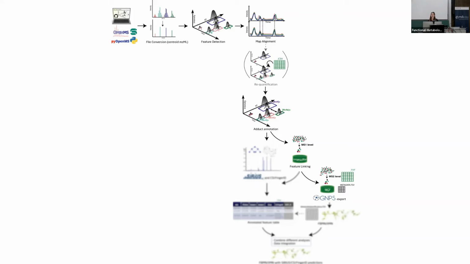Now, because we're using adduct annotation, you can also use the new extra step that's called ion identity molecular networking. Maybe some of you have heard of it. No? I see a few, maybe. Okay, so anyway, the GNPS export will generate an extra table here if you have adduct annotation.